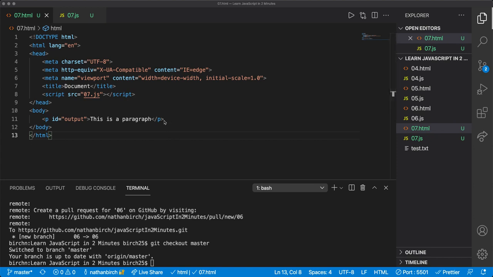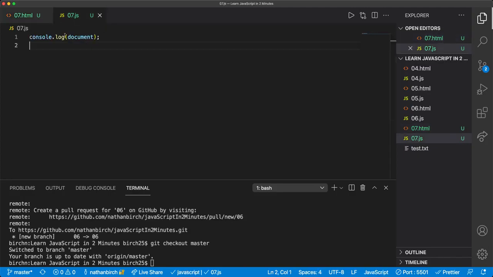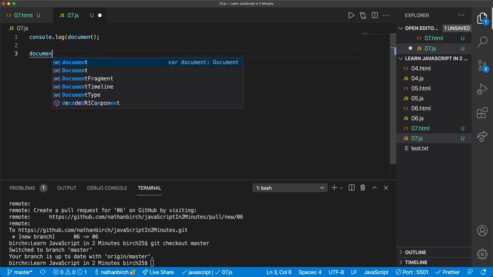All right, having seen our paragraph pop up on the page, we've given it a unique ID. Let's go ahead and see how JavaScript can access this ID and then work with it. So right here inside of the document, I'm going to say